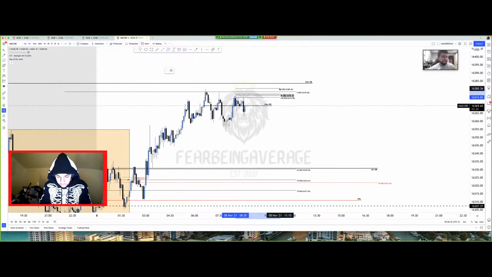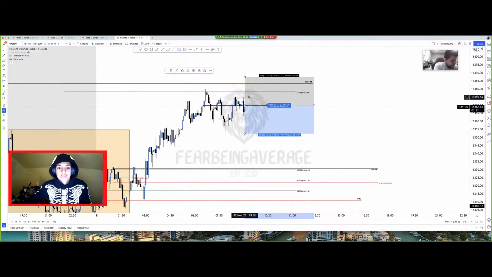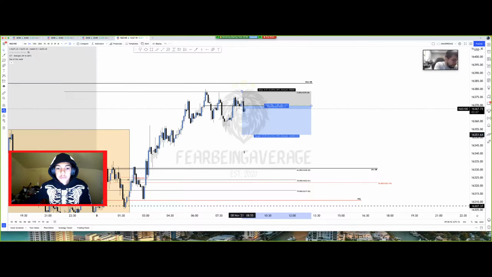All right, I just got in. Stop loss is going above the highs. Looking to capitalize on the short side. Why is this not working? Selling NAS 100. Got my stop right above this high, right up here. Looking to take price to at least down this 1 hour order block. So let's see what happens.